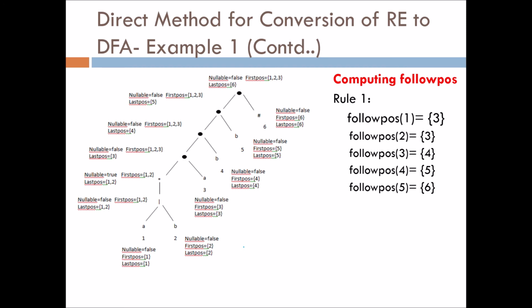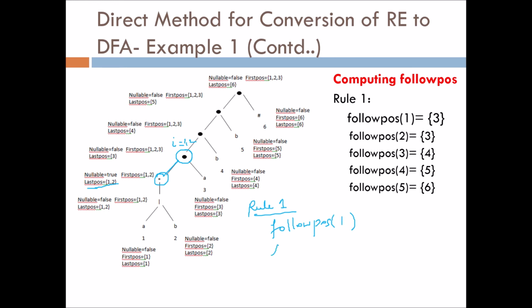So rule number 1, as we saw, should be applied to cat nodes. So this is the first cat node, and applying the first rule, I will find the follow pos values, and I need to get this value of I. Now what is this I? I corresponding to this is the last pos value of the left child. So go to the left child. This is the left child and the last pos value is 1, 2. So I value I'll get as 1, 2.